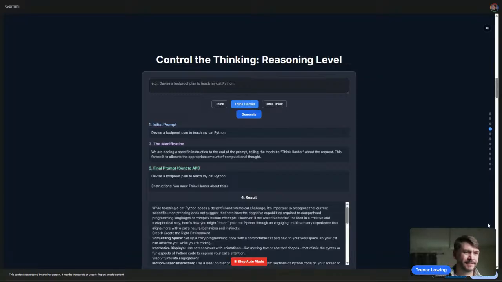This forces it to allocate the appropriate amount of computational thought. 3. Final prompt, sent to API. Devise a foolproof plan to teach my cat Python. Instructions. You must think harder about this. Here is a summary of the result. While teaching a cat Python poses a delightful and whimsical challenge, it's important to recognize that current scientific understanding does not suggest that cats have the cognitive capabilities